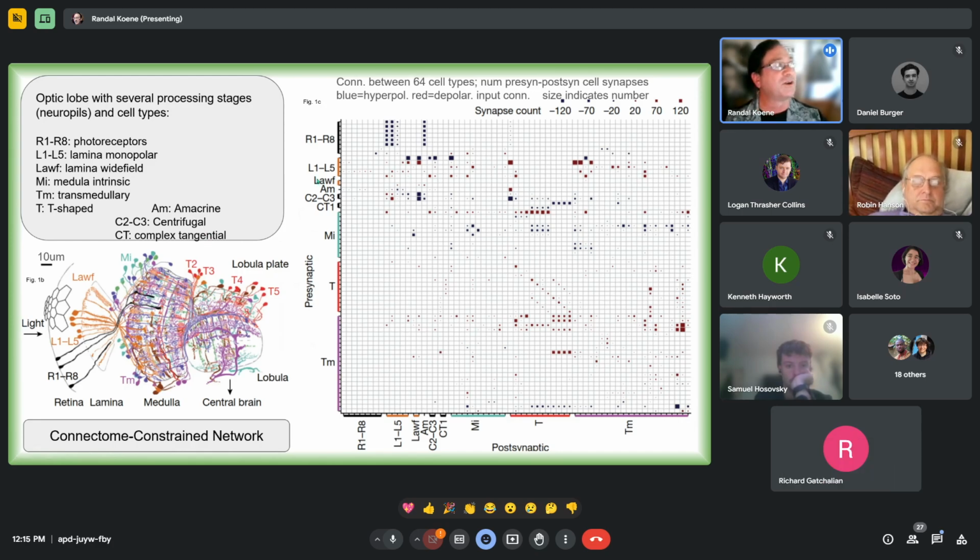And Figure 1c over here, this is an important figure that we'll talk about a few more times. This depicts a coherent connectome that was obtained by blending information from 2 EM data sets from Janelia's Fly EM project. And we'll get more details about those data sets on the next slide, actually. That data was combined with experimental data from prior studies to determine the signs of the connections. 2,355 synapse counts were used to establish average cell type to cell type synapse counts. And by cell type to cell type, I mean something like from a particular subtype of Mi to a subtype of T4, for instance.